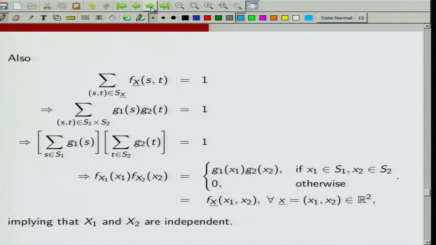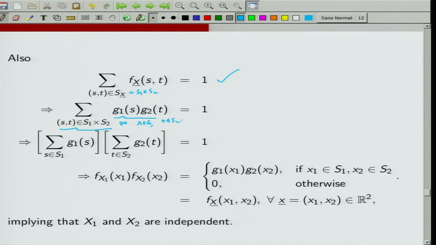First, I use the fact that the sum of total probabilities has to be 1. So, summation (s,t) belonging to S_X, f_X(s,t) has to be 1, but S_X is the same as S1 cross S2. So, this is the same as summation (s,t) belonging to S1 cross S2, f_X(s,t) is g1(s) g2(t), is 1. Now, here (s,t) belongs to S1 cross S2 is equivalent to saying that s belongs to S1 and t belongs